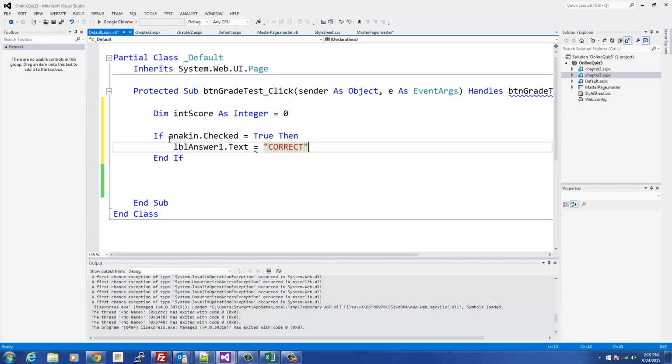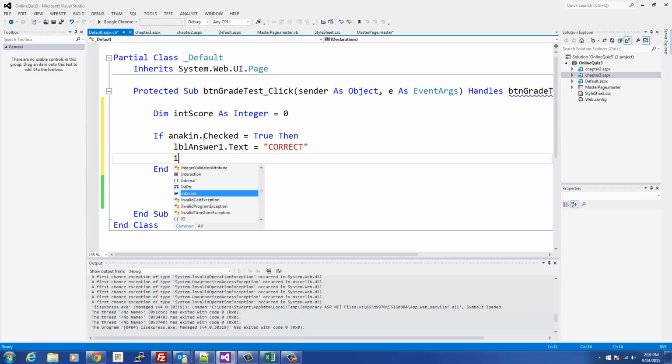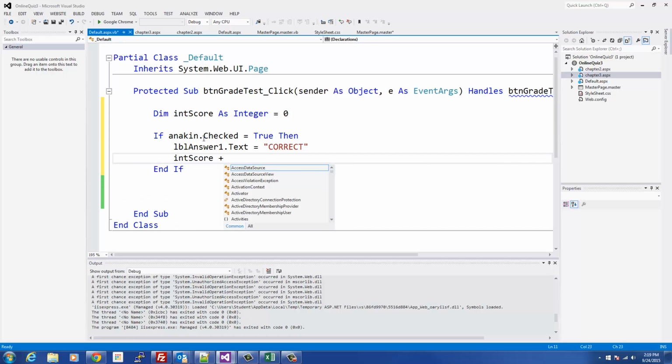And if they got the answer correct because they checked the right answer, then they deserve a point. So then we'll increment score: score += 1. If they didn't answer the right question, if they didn't make the right selection, they checked anything else other than Anakin,